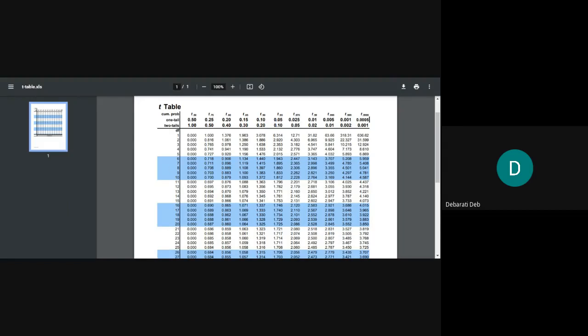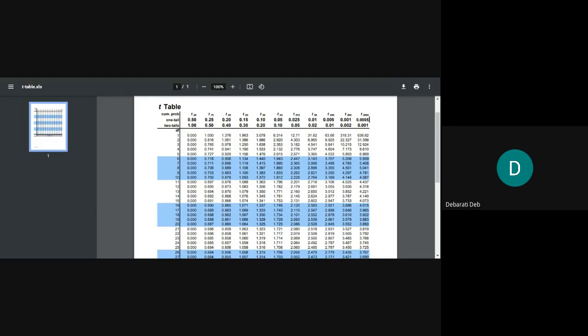And you have to follow the degrees of freedom given in the question and go till the degrees of freedom corresponding to 0.05. You will see the value. Simple. I'll share this table in your WhatsApp group. Okay, this table is a mistake. I'll share a different table, same pattern but different table.